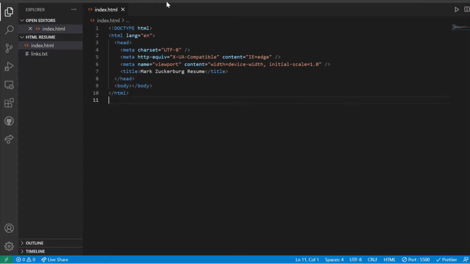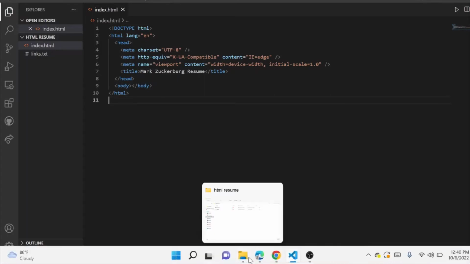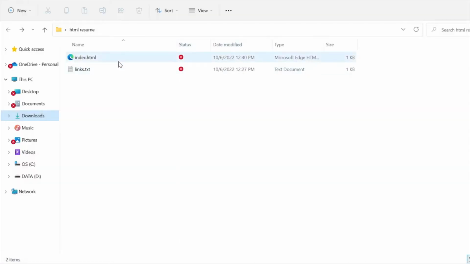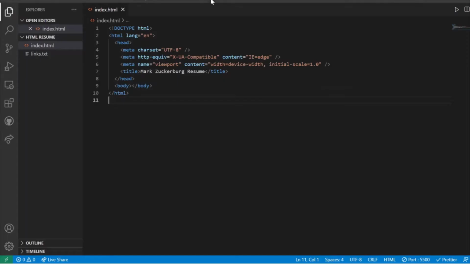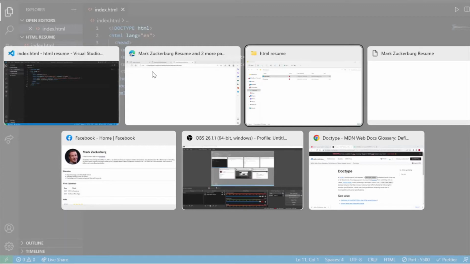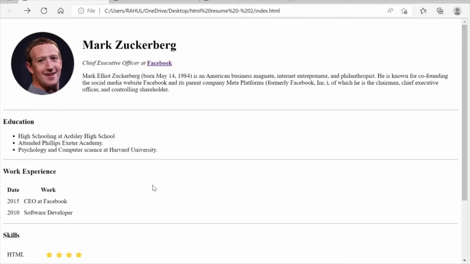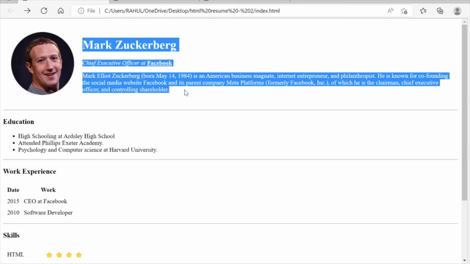Otherwise, the other option is to go to the folder that we have. We have our file in this folder. When you try to open this index.html file, it will directly open in your browser and do the same thing. Okay, so you can follow either way. The next thing that we need to get is, you can see on our page, the first section where one image is there, then some content is there, right? So let's try to achieve this first.